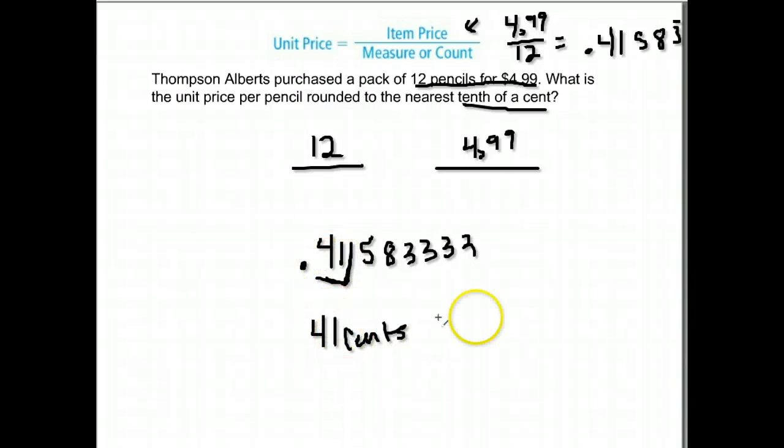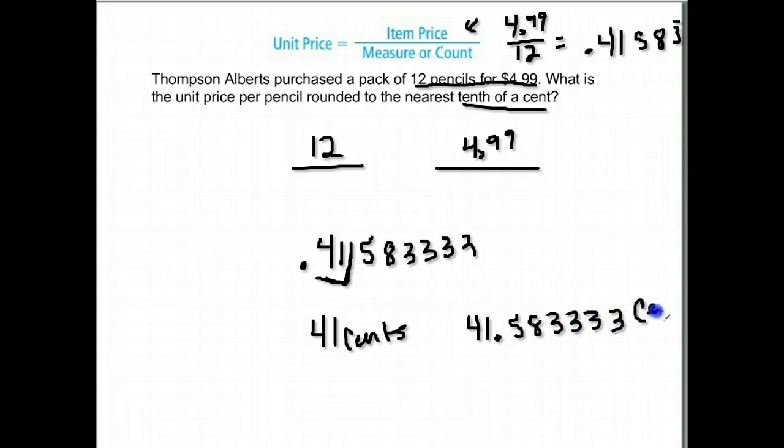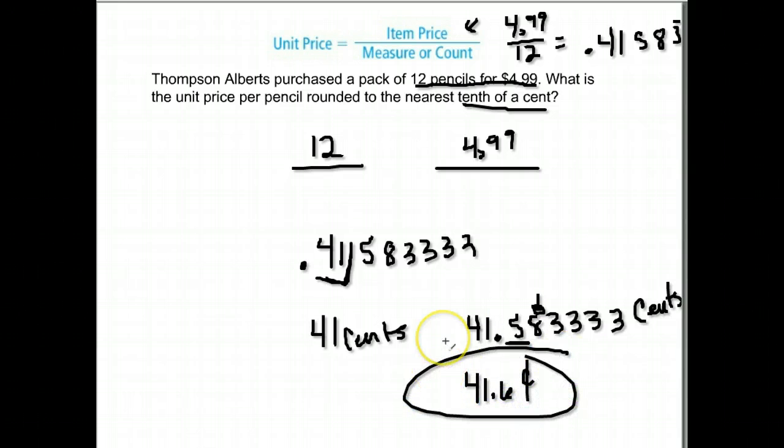So we have 41.583333 cents. Okay, we want to round to the nearest tenth. The 8 after it makes it round up, so we get 41.6 cents. Now that's a little different of an answer because usually we write our answer in dollars, but they wanted this rounded to the nearest